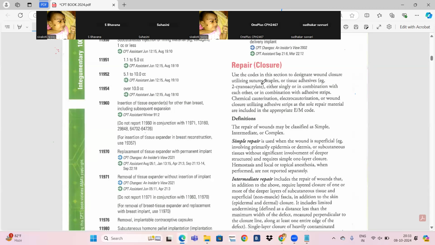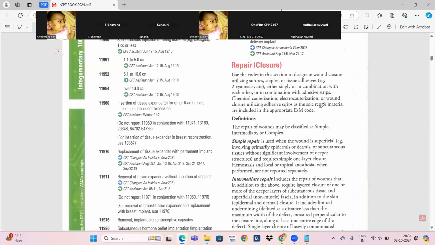See, wound closure utilizing sutures, tapes, or tissue adhesives. You can code tapes, sutures, tissue adhesives, either singly or in combination with each other. In combination with the adhesive strips, chemical cauterization, electrocauterization, or wound closure utilizing adhesive strips or the solid material are included in the appropriate E/M code, which means if they are using wound closure with chemical cauterization, electrocauterization, wound closure utilizing adhesive strips,